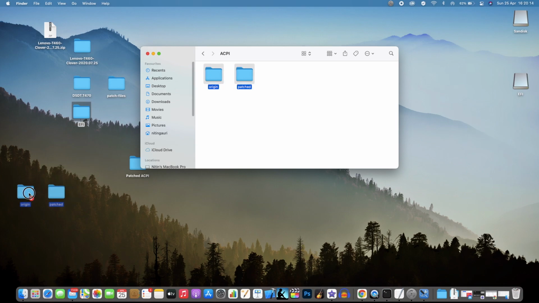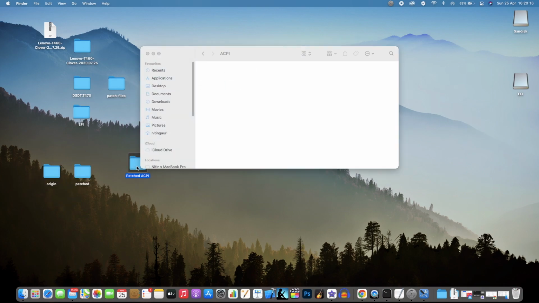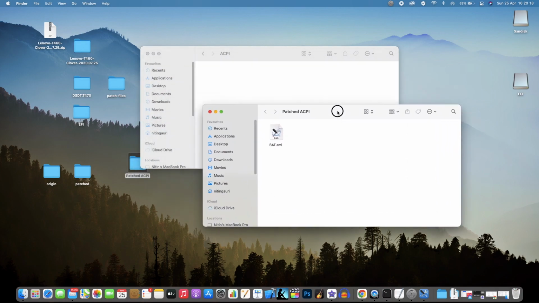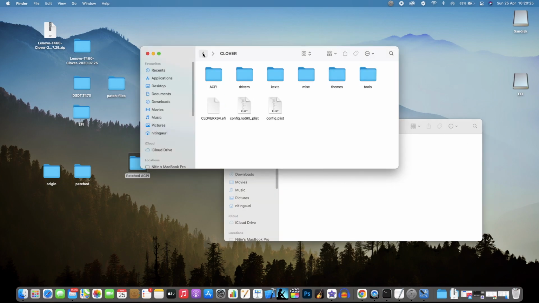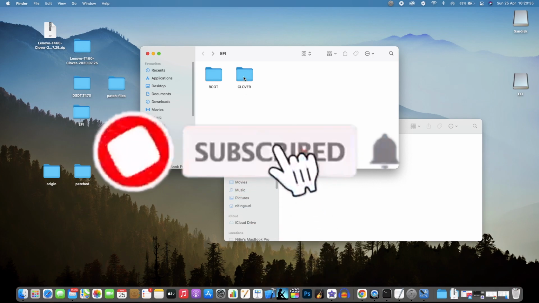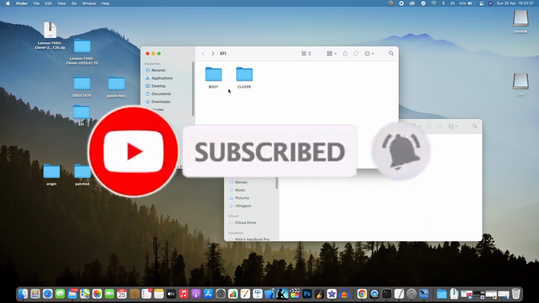Just delete all these files and have the patched ACPI files, all the set of files whatever you patched, copied over here. Use the right boot flags and reboot your system with this particular EFI. I wouldn't recommend Clover, I would recommend OpenCore.